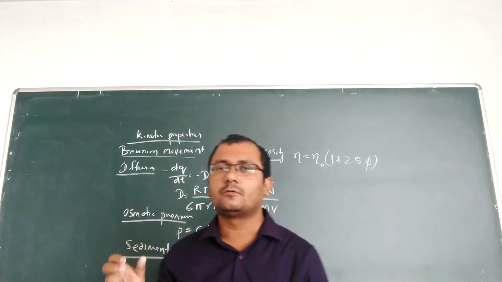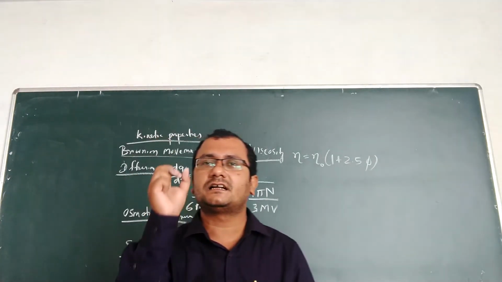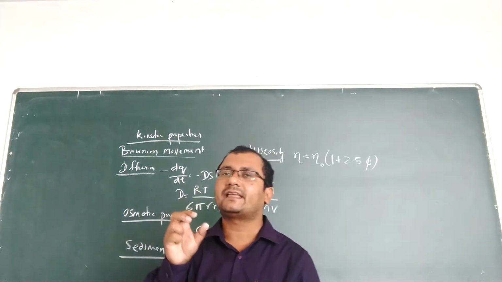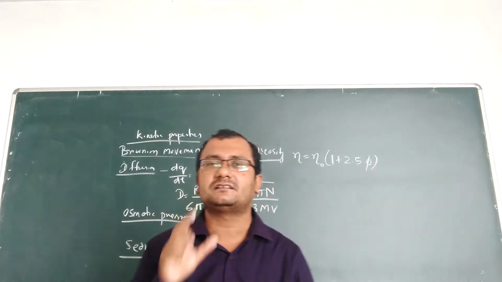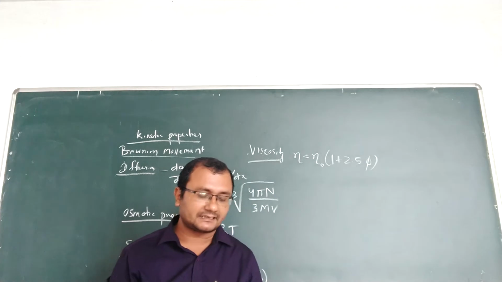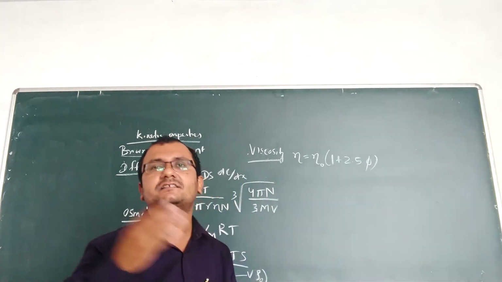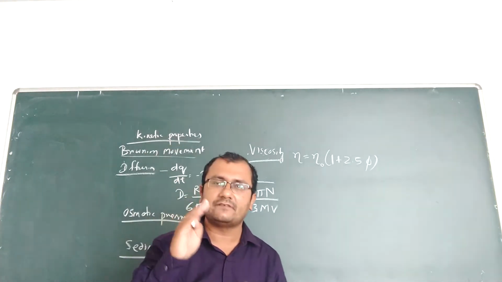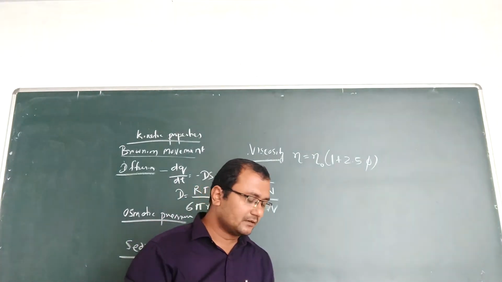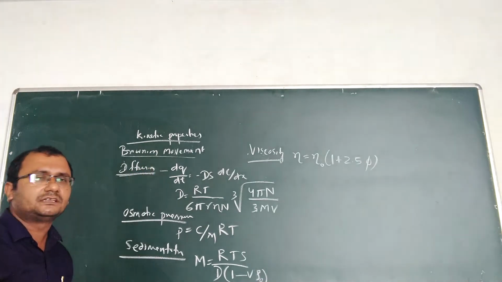This Brownian movement is named after one scientist, Robert Brown, who first discovered this movement. And we can see this movement due to small particle sizes. If the particle size is larger, then the Brownian movement will be less. So by decreasing the particle size, we can increase the Brownian movement, and if the particle size increases, the Brownian movement will decrease.